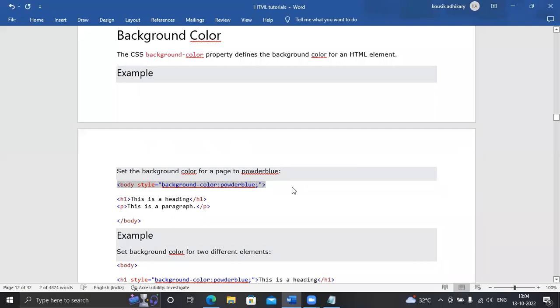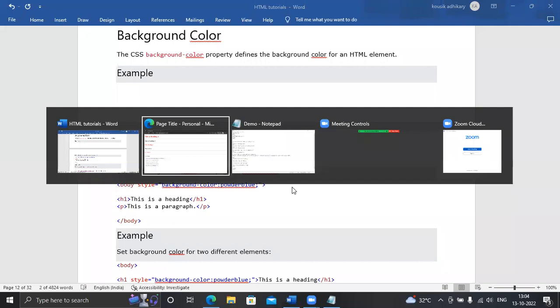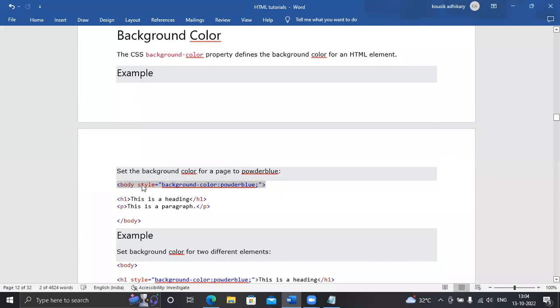Control C, and the body, where you need to do it? In the body tag. How to change the background color? You need to use the style attribute, like in the paragraph tag or the h1 tag, to color the text or paragraph, where you use the style attribute within the starting tag, then style equals the color you want to use.